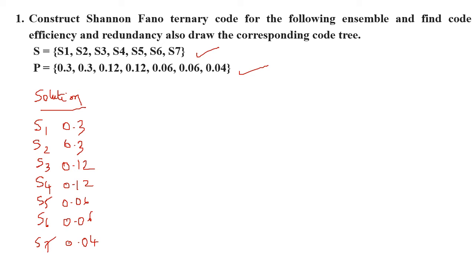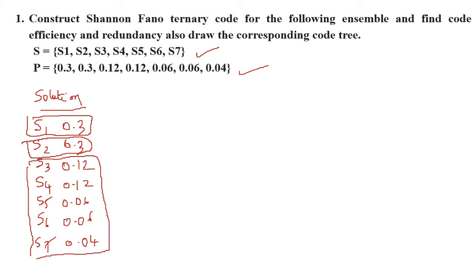So 1 divided by 3, you are going to get approximate value as 0.33. So first group will try to group it as 0.3. The next subgroup will group it as this 0.3, symbol S2, and the remaining values as the remaining value, which comes to a close value of 0.4. But we cannot do it exactly equals. So approximately same. The next step is we are going to assign the first group as 2, second group as 1 and the next group as 0.